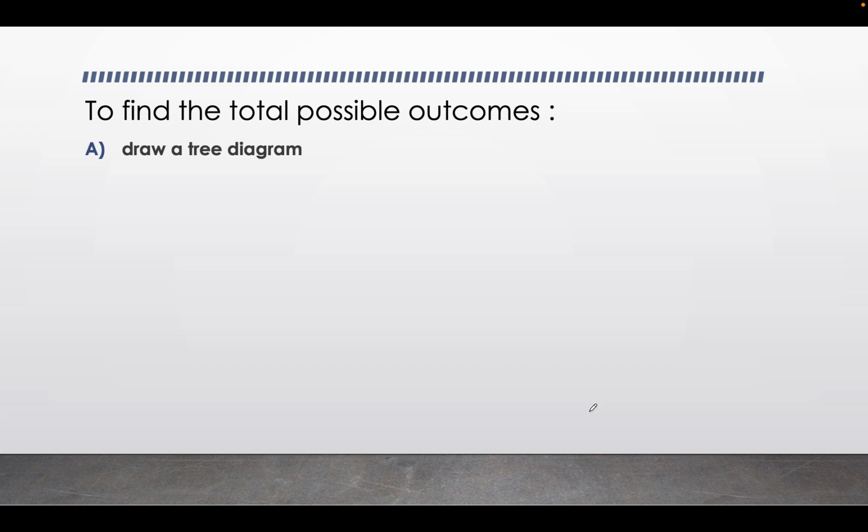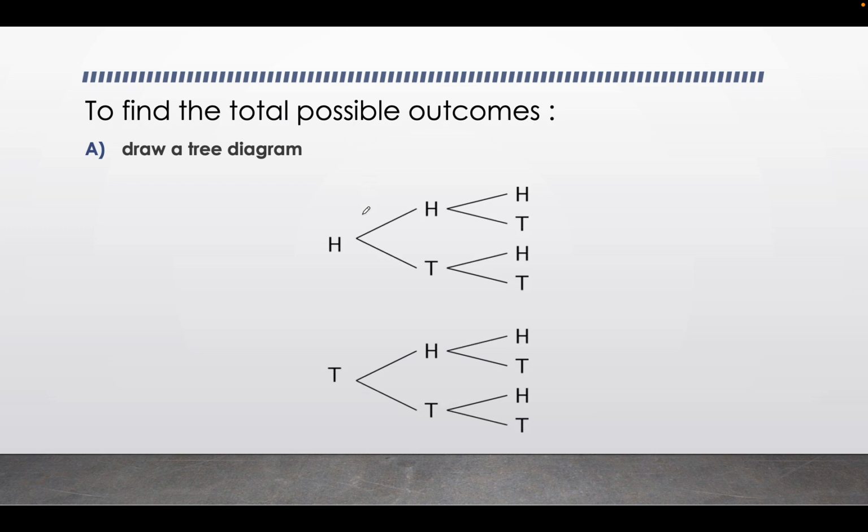You can do this by drawing a tree diagram that would look something like this. Our first flip has 2 outcomes, heads or tails. Our second flip also has 2 outcomes, but depending on what I flipped first, that's a different combination. So if I landed on heads first and heads second, that's 1 pair. But if I landed on heads first and tails second, that's a different combination. If I landed on tails first and then heads, that's another set. And then tails and tails is another completely different possible outcome.